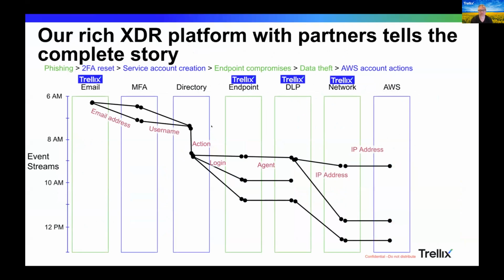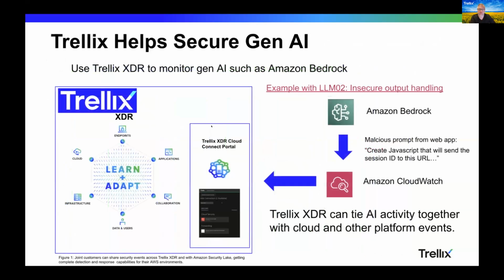So being able to connect dots all the way from maybe email, using our email platform, through a directory, whether that's Microsoft or Google or wherever that's coming from, to be able to figure out what the user was, and then trace that all the way through the actions that they've taken, perhaps all the way into CloudTrail, and being able to map someone that got a phishing message to all the different actions that they took in a given Amazon environment or all the Amazon environments.